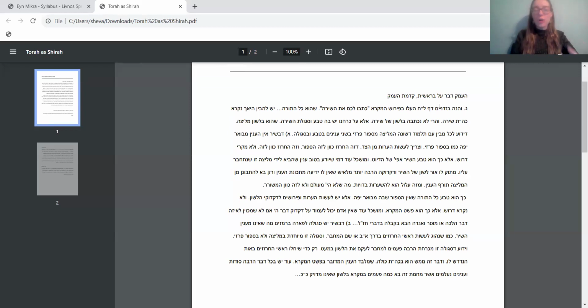When it comes to a song or poetry, the matter being discussed is not really so clear. In some way, it's not exactly clear what we're talking about. The way we speak in normal language, we're saying what we actually mean. But when it comes to a song, it's like a mashal. It's not exactly what is being discussed. It's not so clear.